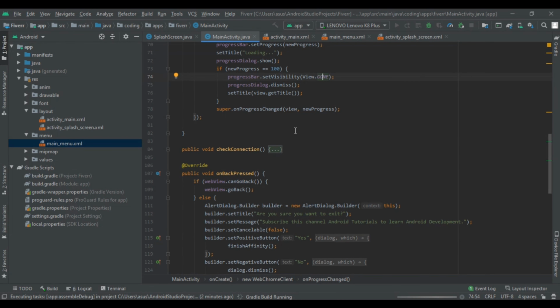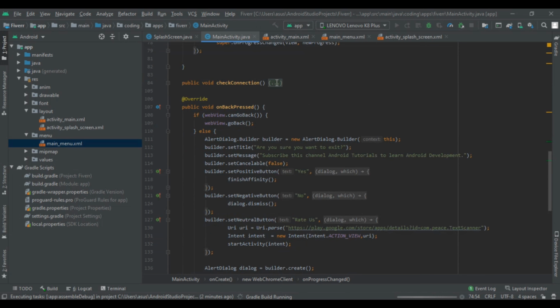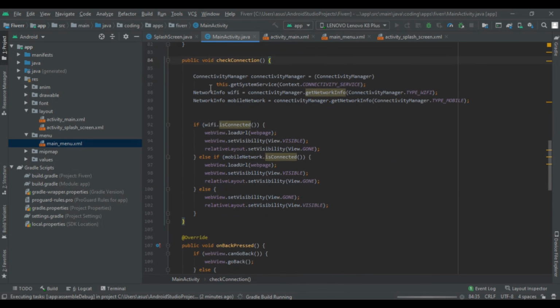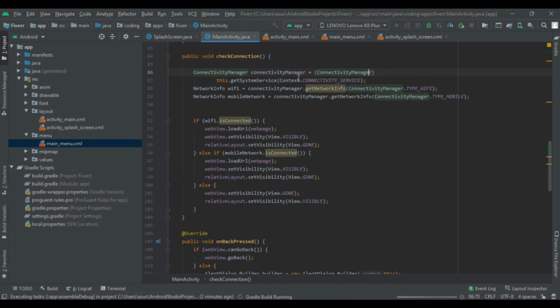Then we had created this check connection method. So here it is connectivity manager and this dot get system services. After that we added the connectivity services and return internet info Wi-Fi is equal to connectivity manager dot get network info and connectivity to set type.